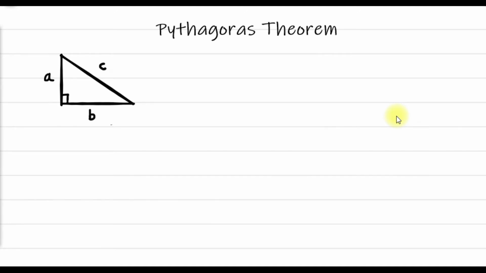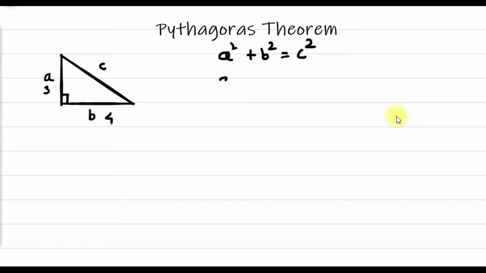Before we start, let's understand what exactly the original theorem is. If this is your right angle triangle and the sides are A, B, C, where C is the hypotenuse, the theorem is A square plus B square is equal to C square, right? One of the most popular combinations taught in school is this: if the sides including the right angle are 3 and 4, then find the hypotenuse. We already know how to find the hypotenuse, so I'm just showing it for you.